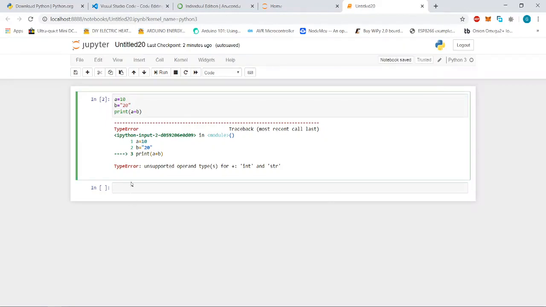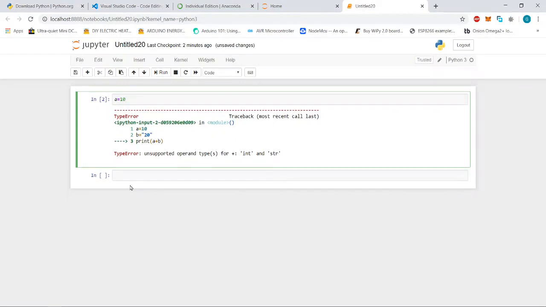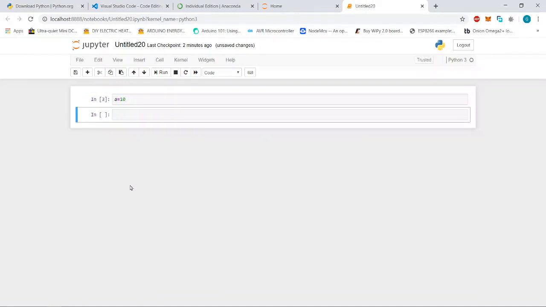Okay, so in other programs, or you can say other IDEs, the problem is that it will execute the entire code, and then it will tell you that in this line there is an error. While here we can write this code step by step like this. So how will we run this code? To run this code we have to use shift enter. If we are getting the next line, that means this code is executed properly.